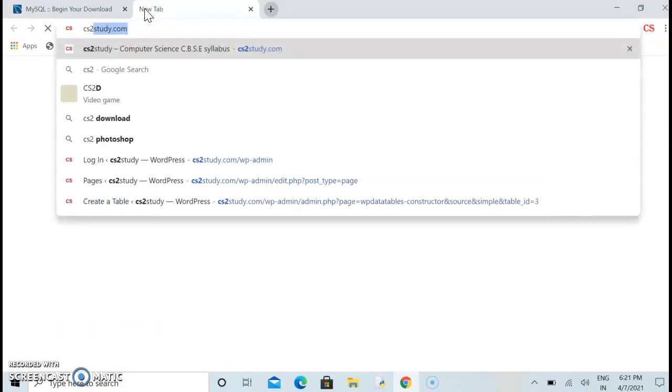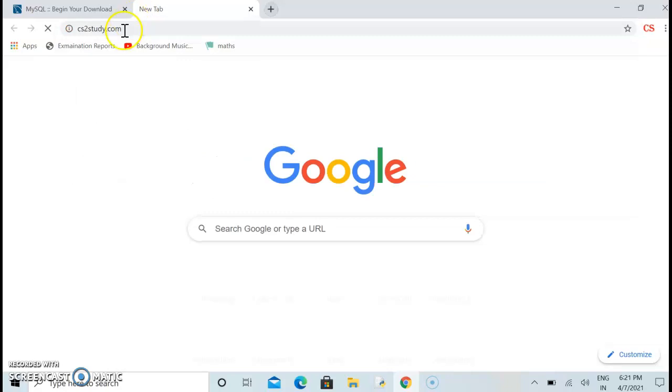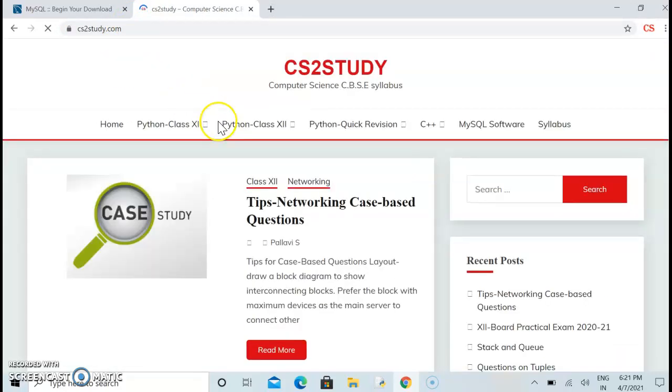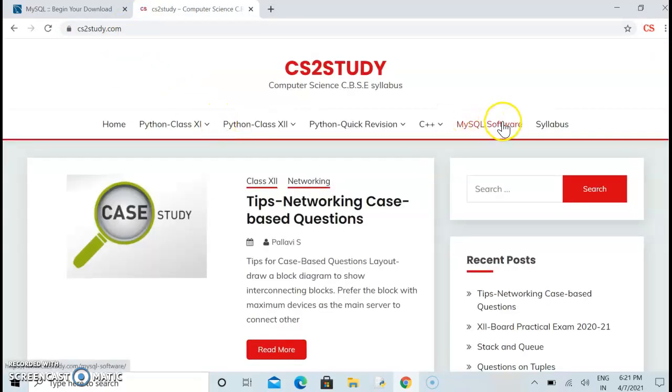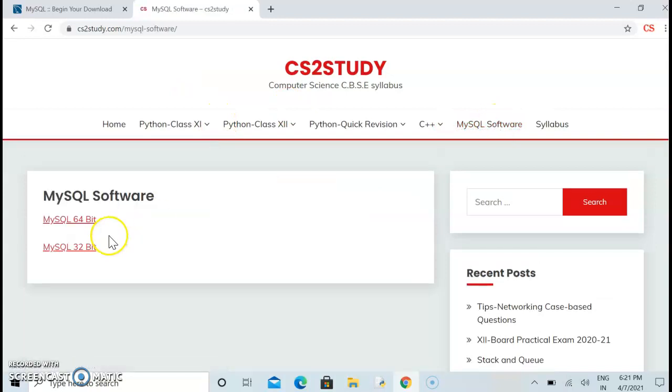Then you can directly go to the cs2study.com website. In this website, the MySQL software link is specified in the menu bar. There are two different versions of MySQL available according to the bit of your operating system. How can you find out which bit version your operating system is providing?